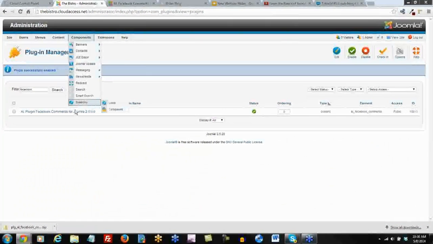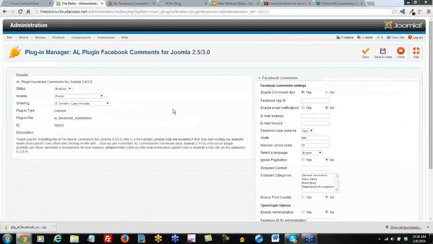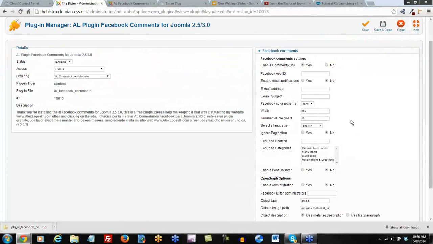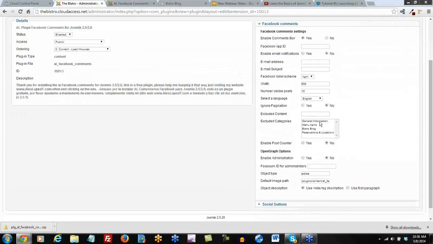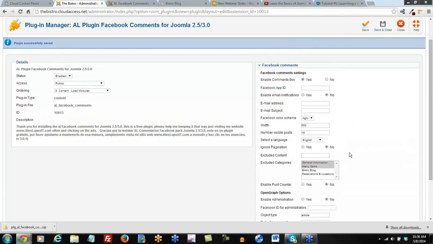In the back end, you can click on the plugin name to kind of customize how you're using it. And this is pretty typical of any plugin. There should be some options to help configure it in the back end. So here, excluded categories. This is for the Facebook comments. I'm going to do the shift select thing. We're going to exclude these two. I need to actually save this multiple times. The usability is not the best, but